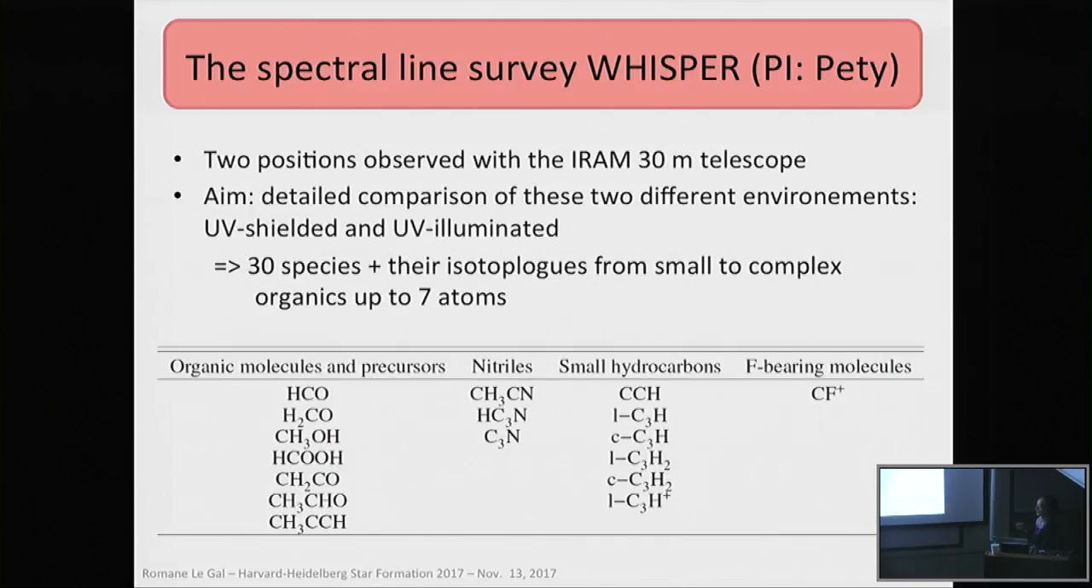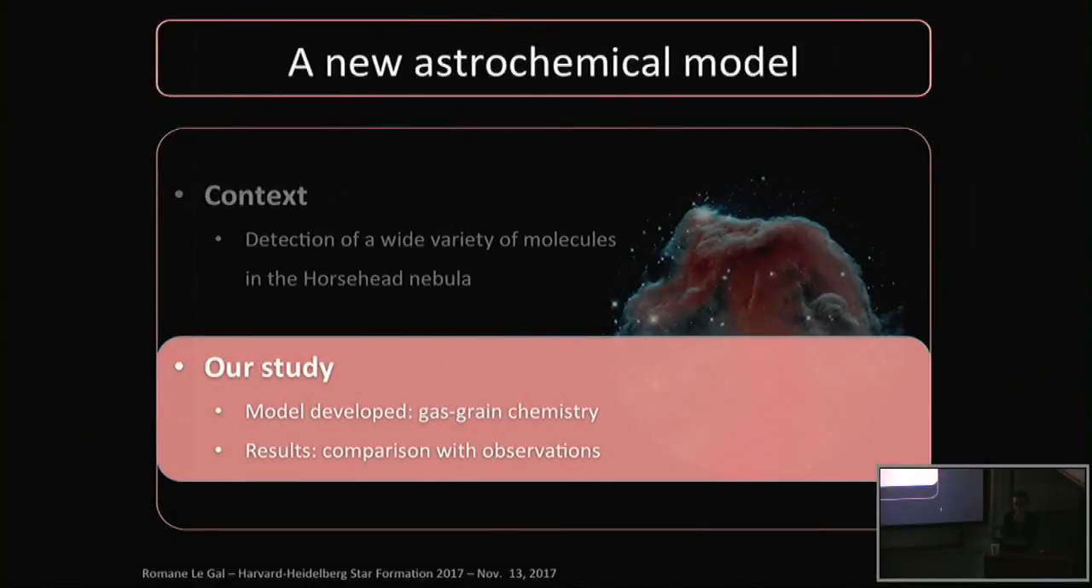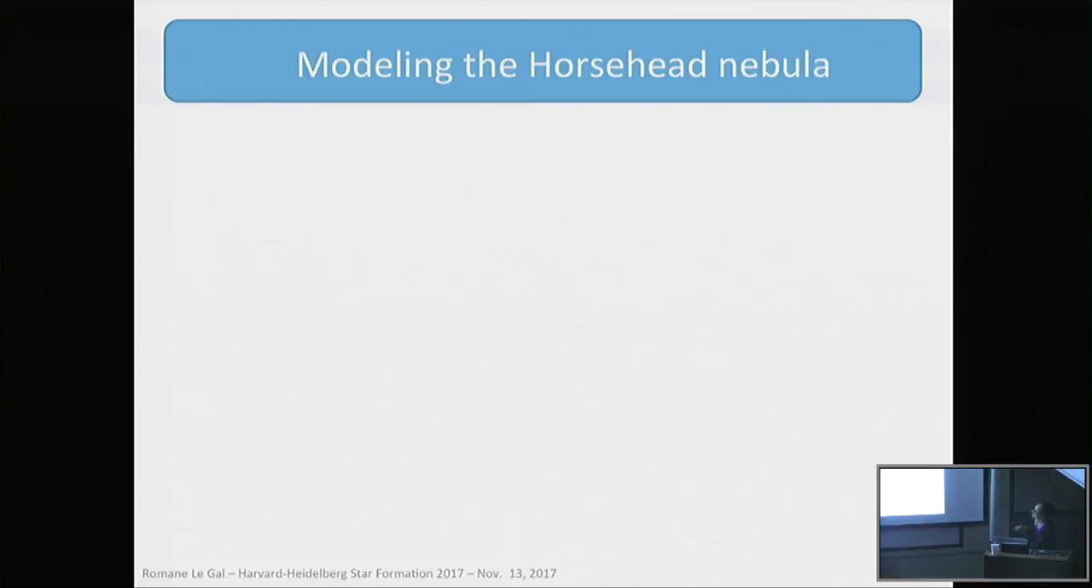So there were some organic molecules and their precursors, some nitriles, some small hydrocarbons, and only one fluorine-bearing species. And now I'm going to come to the modeling part of the study, so how we build the model and how we can compare the results with the observations. In order to understand the distribution and the abundances of these observations, we build a model